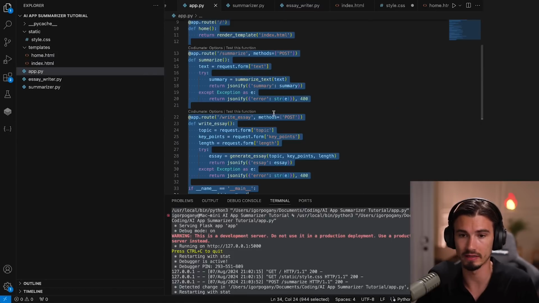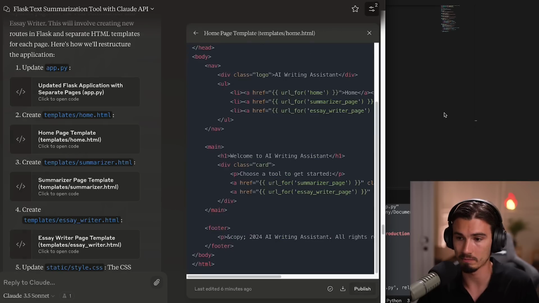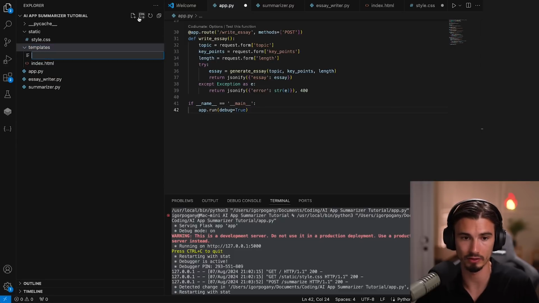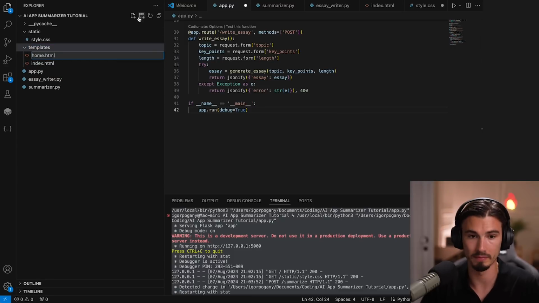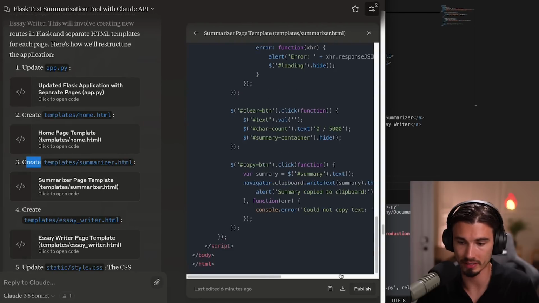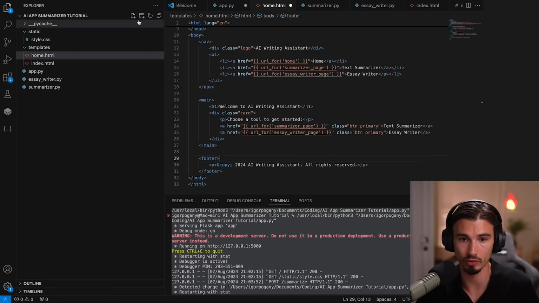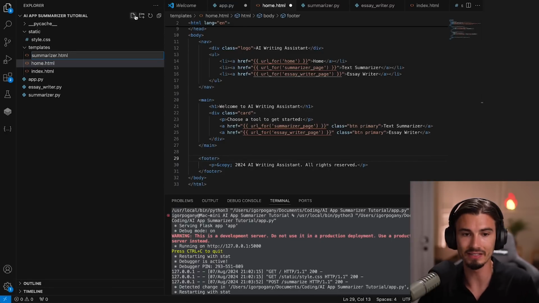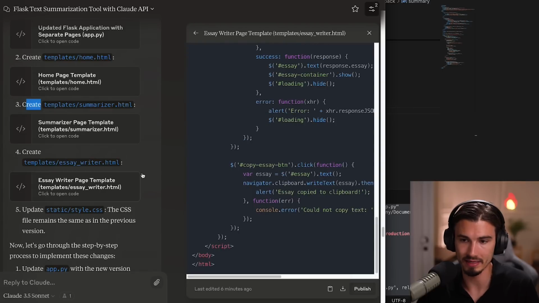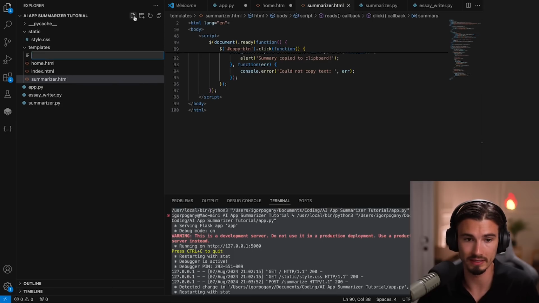App.py, head on over here, delete, paste, templates.html, create home.html. So this is a new thing we have to create in here inside of templates. So I'll just create a new one, home.html. Paste it like so. Another one, create summarizer.html. So I'll copy the code and I'll create a summarizer. And these are the different web pages. This is going to be great because I'll be navigating between them. And here the essaywriter.html, also a new one that I will have to create in here,